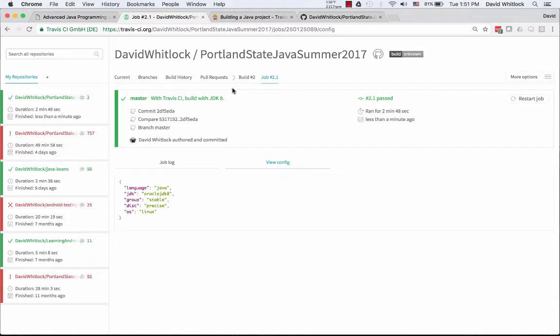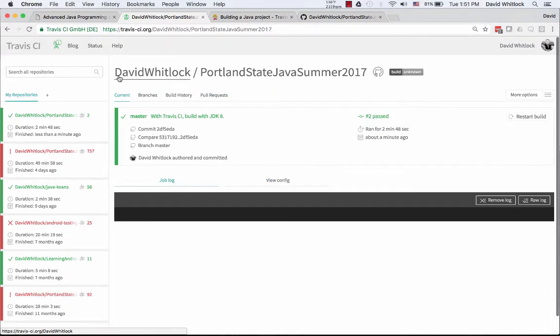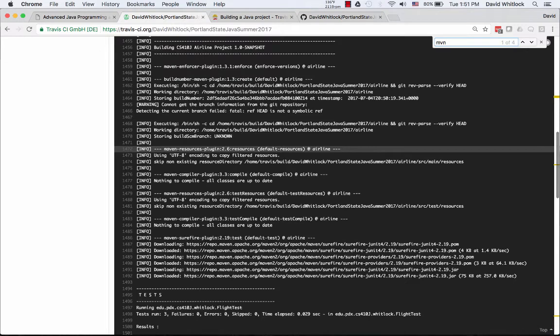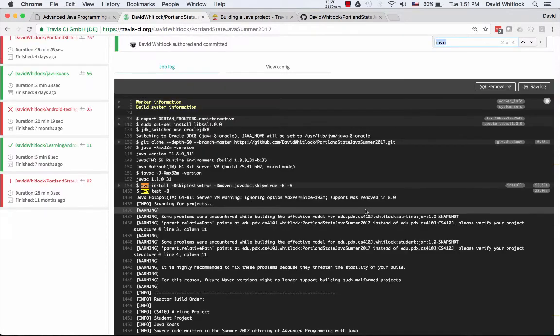I think there's one more thing that I want to do. I've got a passing build right here, and that's pretty nice. However, if I look at the Maven commands that it did, let's see here. Where's Maven? Okay, so this is the Maven install where you don't run the tests and where you skip the Javadocs. That's cool, and you can expand it here. As you can see, it's like